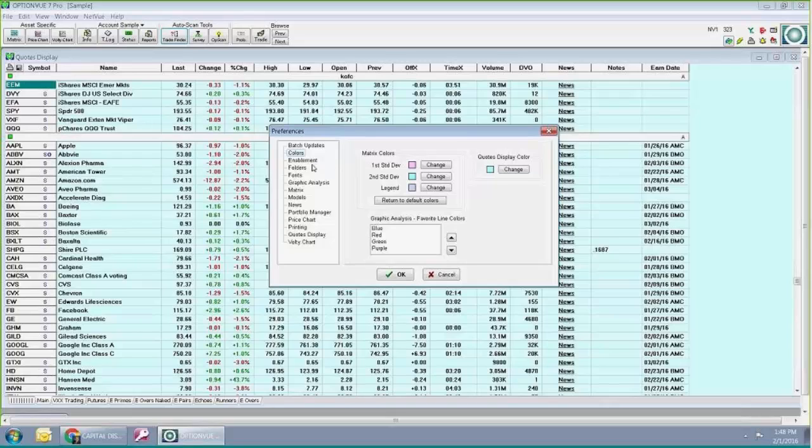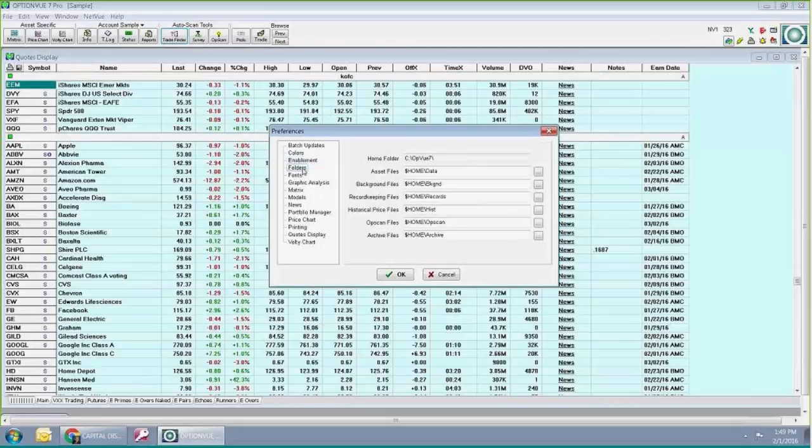Colors lets you adjust colors here. Enablement just gives you information; there's nothing to do there. Folders, you can set this up to run with your folders in something like Google Drive, OneDrive, or Dropbox, so that you could have it on a couple of computers and always point all your files right to that folder on Google Drive. That way you're sharing files and everything's always up to date. But of course, even if you just have it on one computer, it's still saving them offline on the cloud, which is a lot safer.